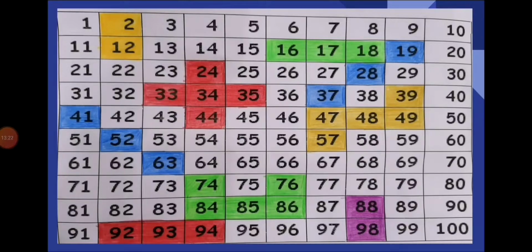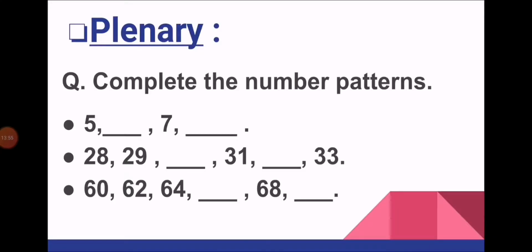You can do it by taking a printout of a 100 square grid, or you can draw your own 100 square grid on a page. Then you will make your own patterns and color them. Or you can use the same pattern we have done today. It will help you find out where the numbers are going upward or downward, or are they increasing or decreasing. I hope you will enjoy this activity. Please you must try this activity in your home. Now we are winding up our lesson.